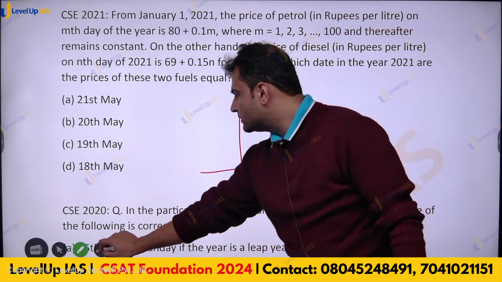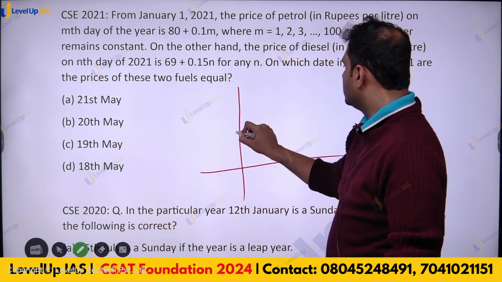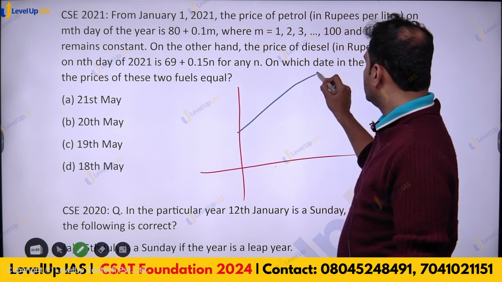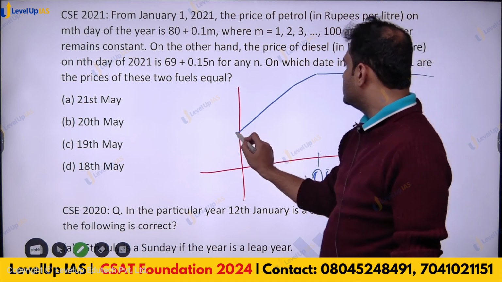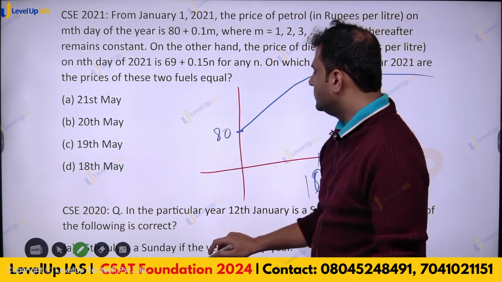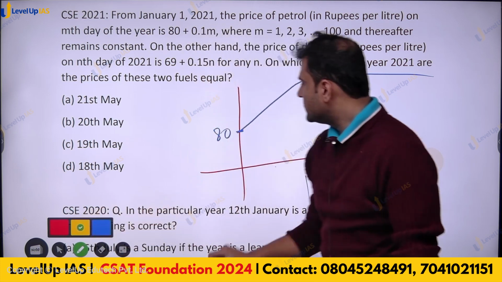Price of petrol starts from 80, and then it becomes constant after day number 100. This is 80, and we have price of diesel which starts from 69,